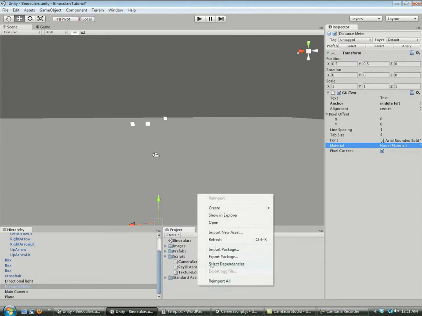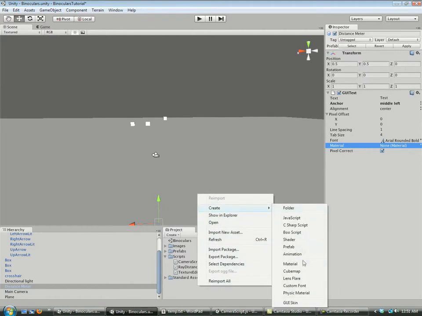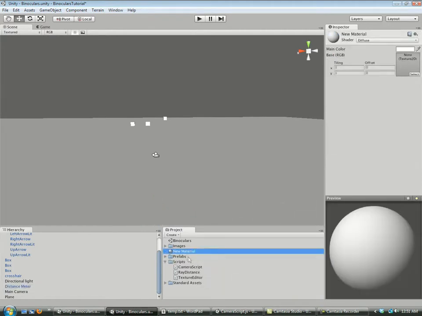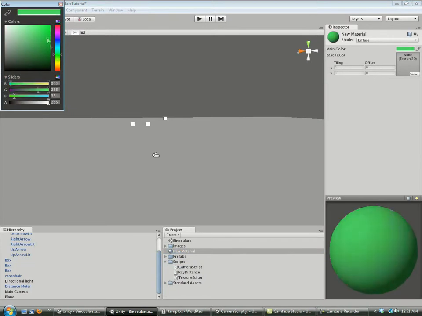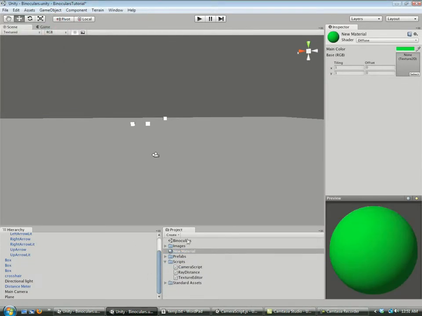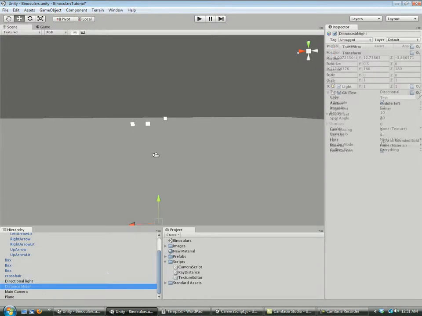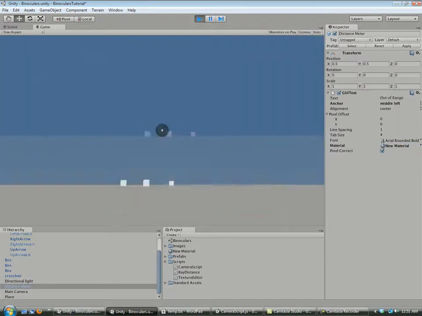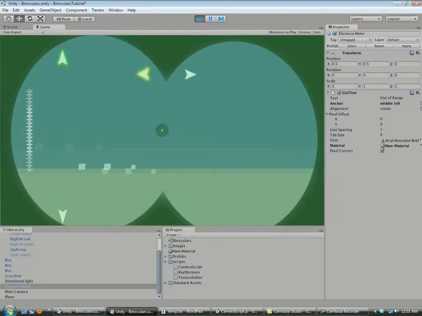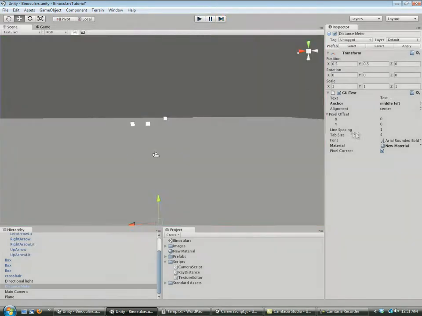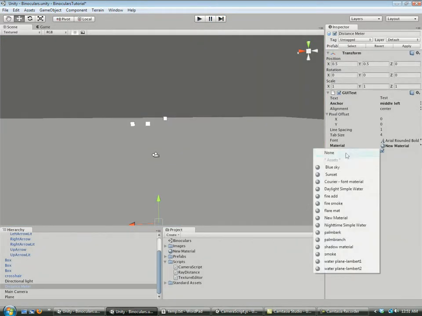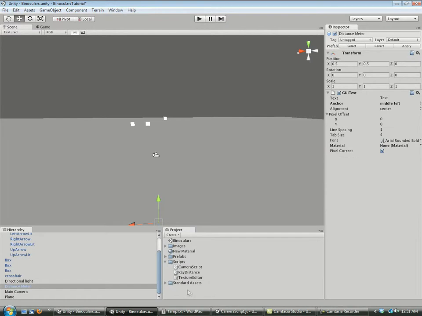Like I can go and create a material. So right click, create material, and make it green or something. Then I can apply it to that, and then it turns green. Though it's not showing up. But anyways,